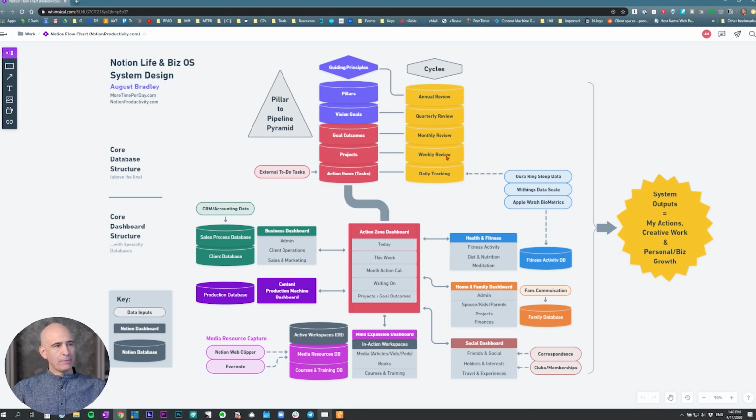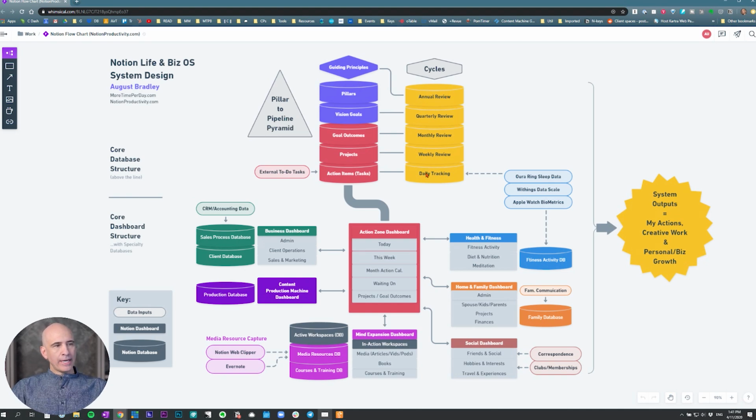But essentially what happens is you have a database for each cycle. There's the daily cycle, there's the weekly cycle, the monthly cycle, the quarterly cycle, and the annual cycle. And while that sounds like a lot, I have designed it so that none of them replicate the others. So each is kept pretty manageable and small. So the act of sitting down for my weekly review or my monthly review is pretty quick, because the month is doing something different from the week, and the quarterly is doing something different from the month.